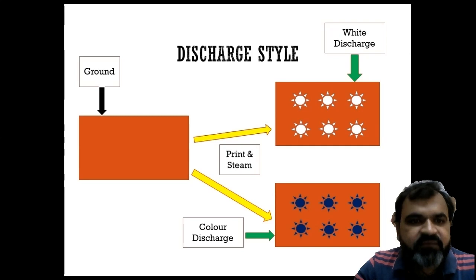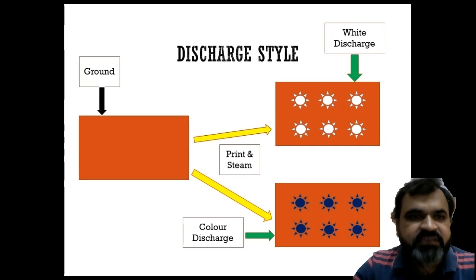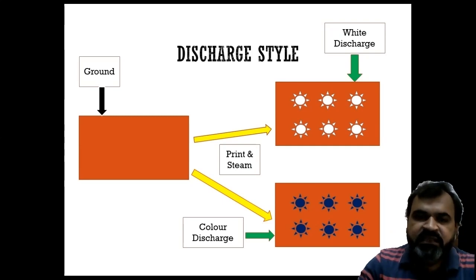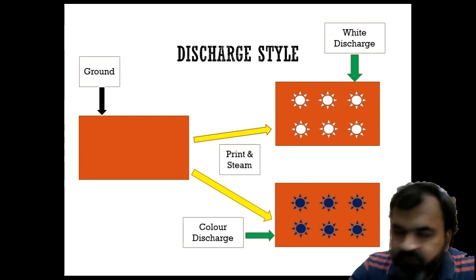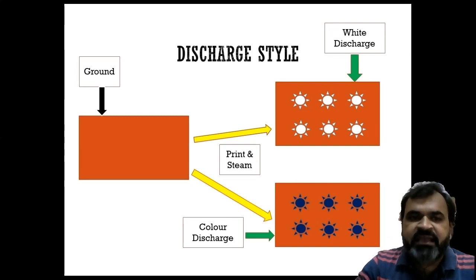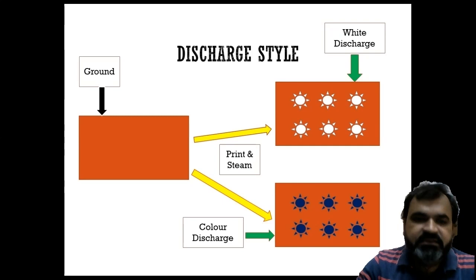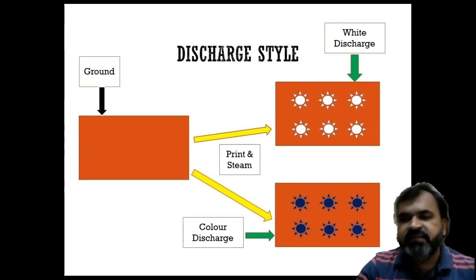So here we are discharging with the paste only; not a single color has been added in the paste. That's why it is known as white discharge. In the same way, when you add some color in your color paste, it will show a colored effect, but the color should be non-dischargeable. When you are printing with discharge style and adding color in your printing paste, you must remember that the color added must be non-dischargeable. Then you can get the colored discharge effect, because the ground color will be discharged but the colored effect will be produced by the non-dischargeable dye.